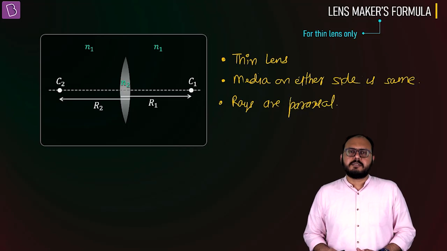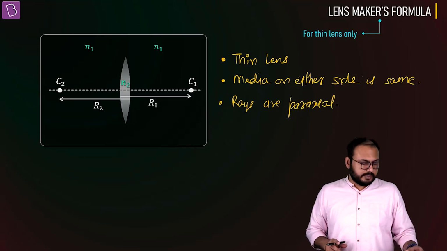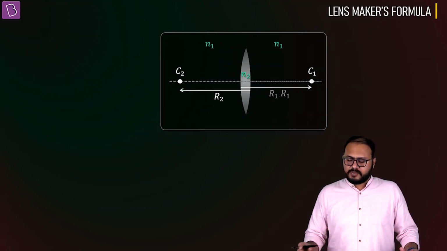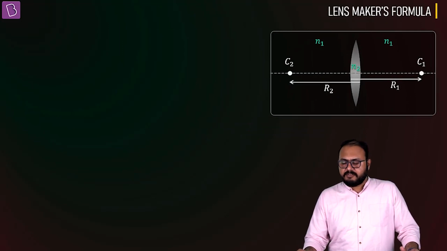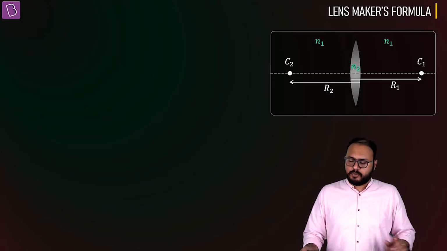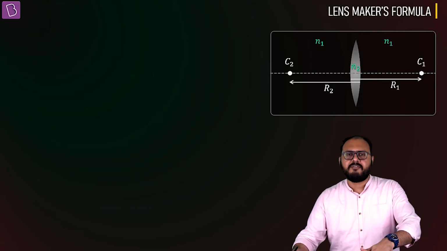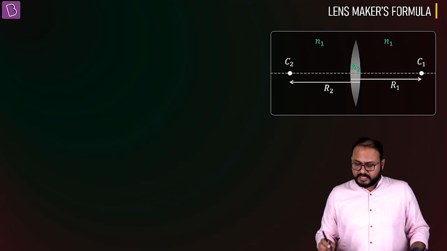Once this happens, you are supposed to derive something called the focus of the system. And what is the focus of the system? Here is the definition. When the rays come from minus infinity, whatever they do, wherever they finally have an image is called the focus. So in our diagram, I have taken by default a convex lens.